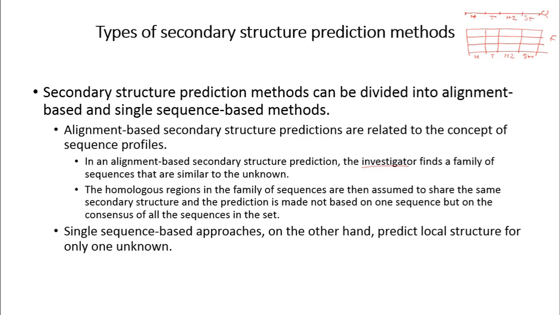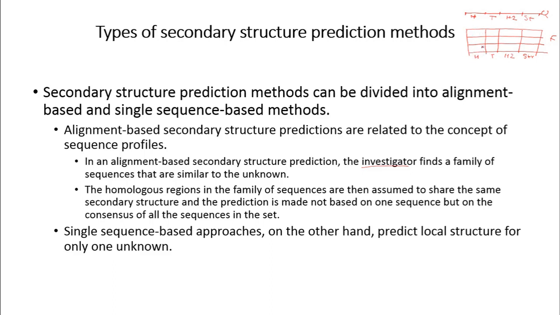Is it okay? So what we are trying to do over here is that we are trying to make predictions that are based on this consensus sequence as such. So how did we come to the conclusion that a helix can be here? Because we have analyzed multiple sequences that belong to a particular family, and all of these multiple sequences have a consensus helix in this region,